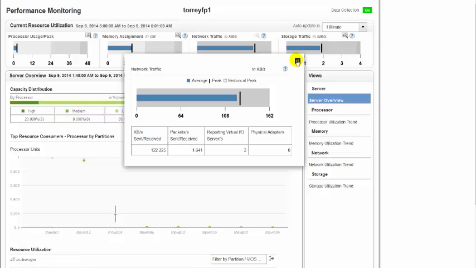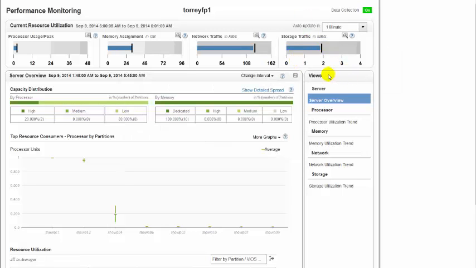So now second is views. Views gives the option to select the different resource to get its utilization trends. So we have processor, memory, network and storage trends. We have one more view, which is a server overview.